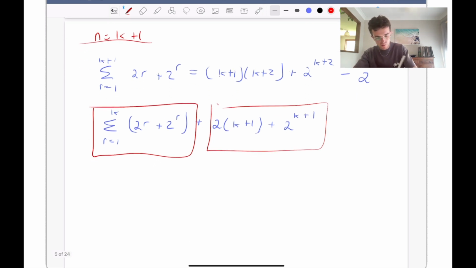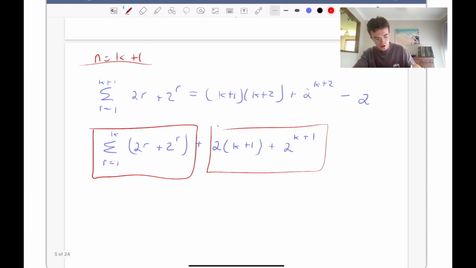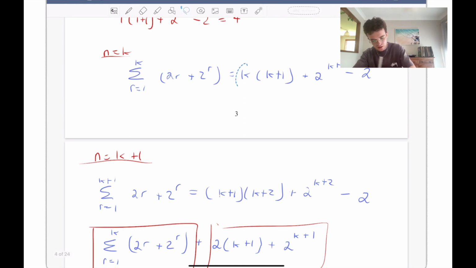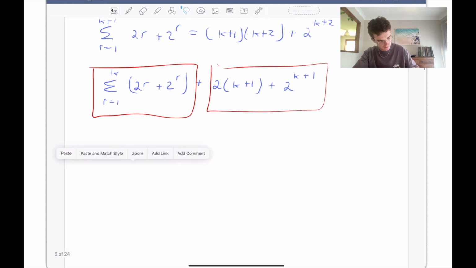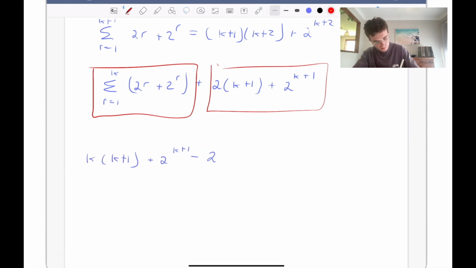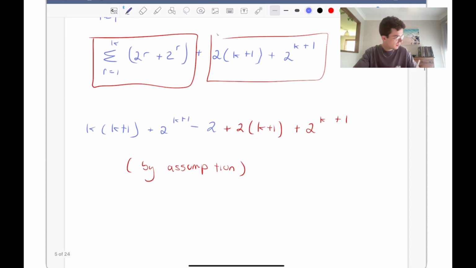Now from our assumption, we know what this is equal to. We know that this is equal to this thing here. So that's equal to that, plus 2(k plus 1) plus 2 to the power of k plus 1. And that's from our assumption. Now if we simplify that, we're going to get,